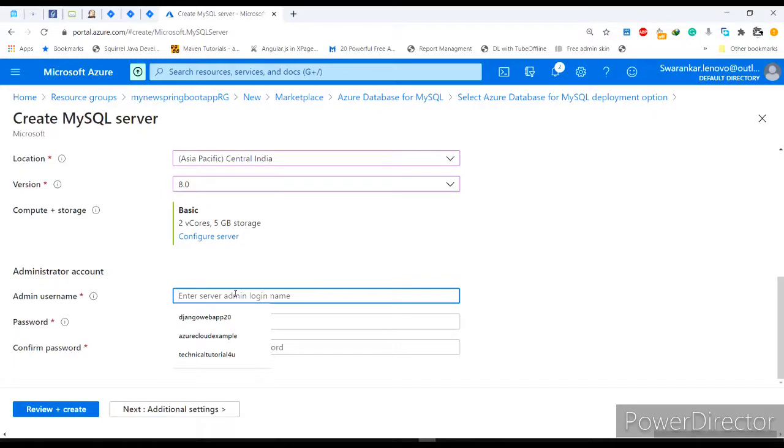Now the very important thing: when you create your MySQL database on the Azure portal, you need to give a username.